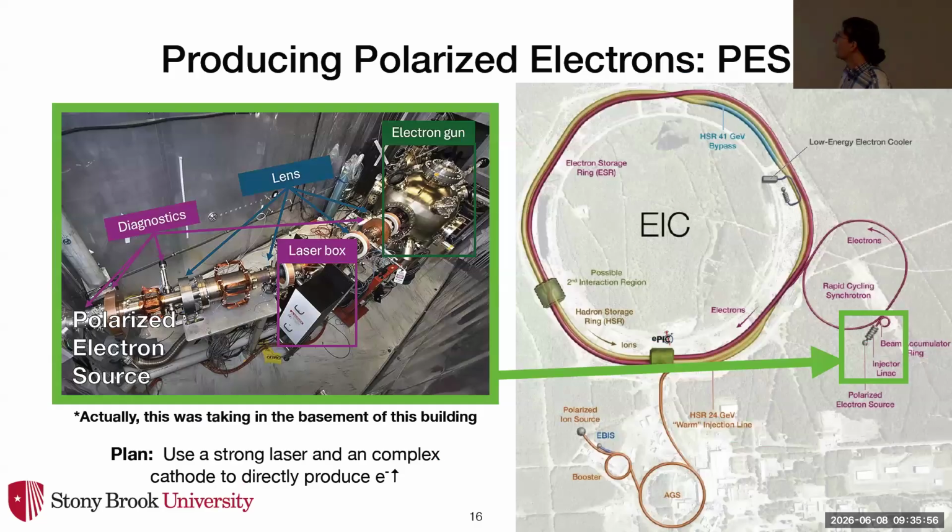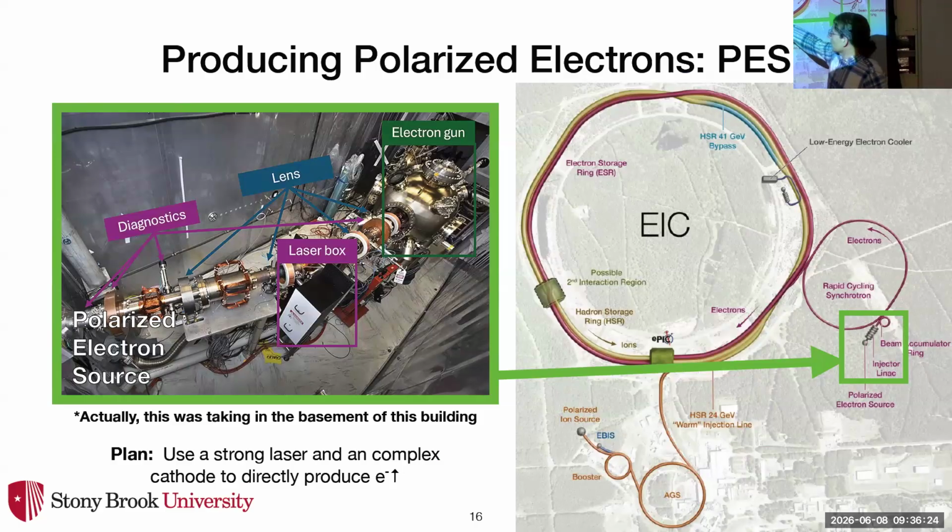Okay. One more. We have now 2 species. We have the helium-3 and we have the protons. We polarize them. We've injected them into the hadron ring. We need to make electrons. And same deal, use a strong laser to circularly polarize our electrons. But now that's basically all we need to do. It's harder than that, but